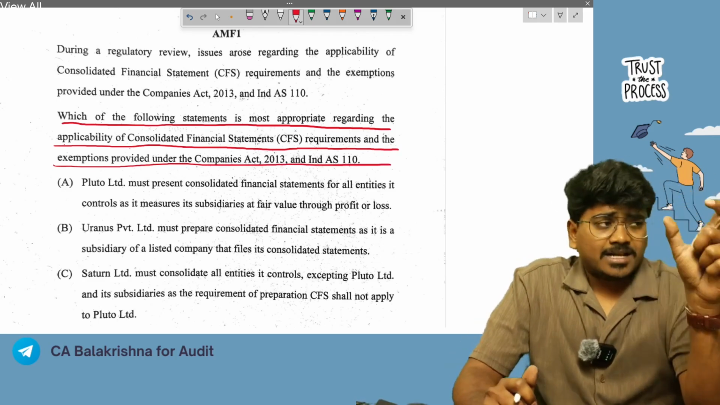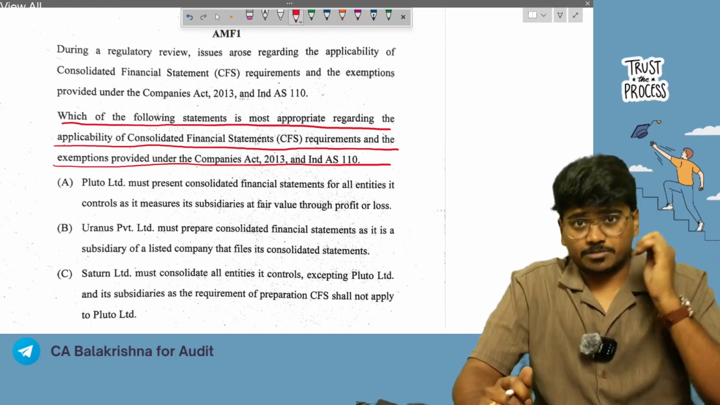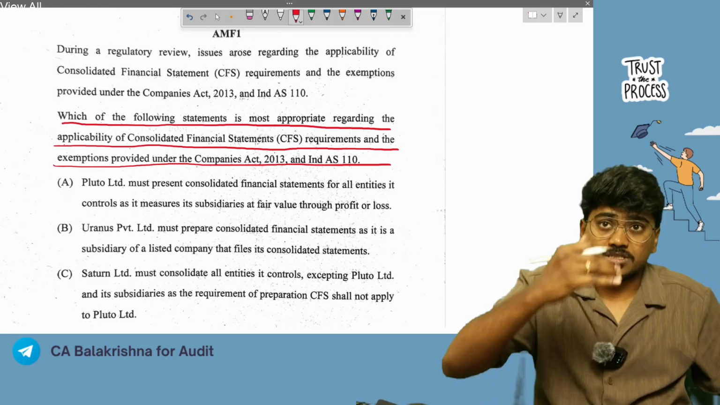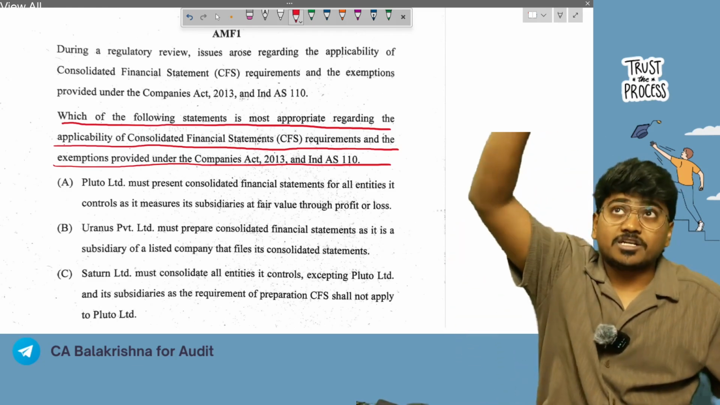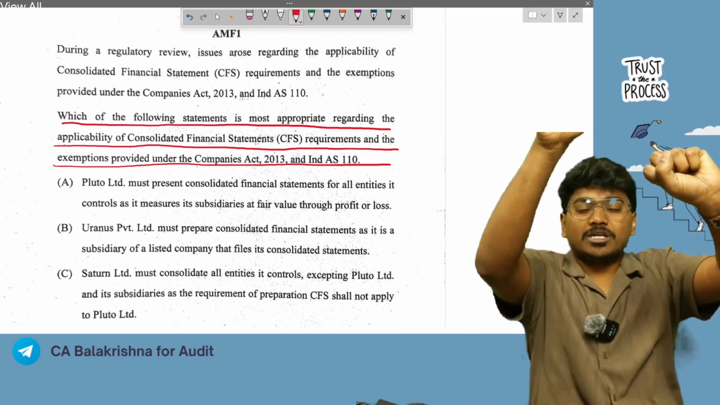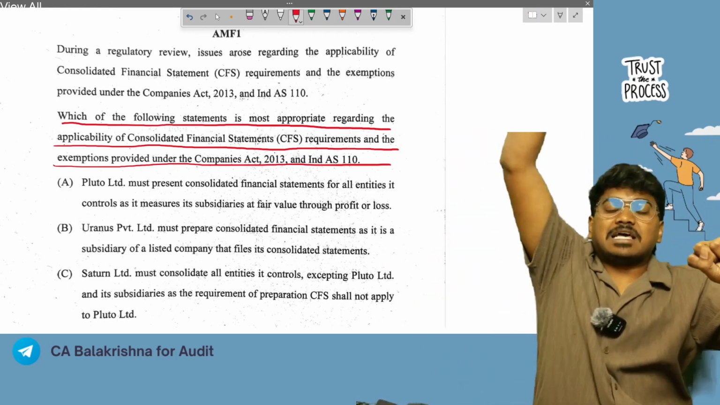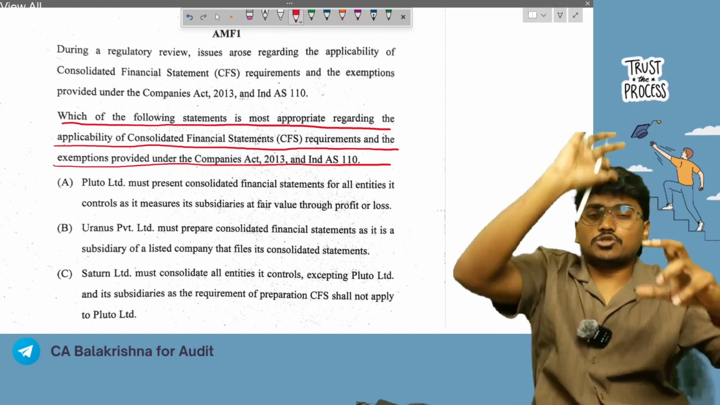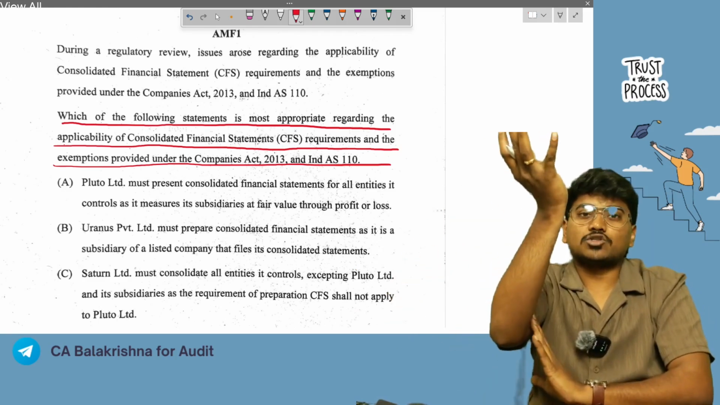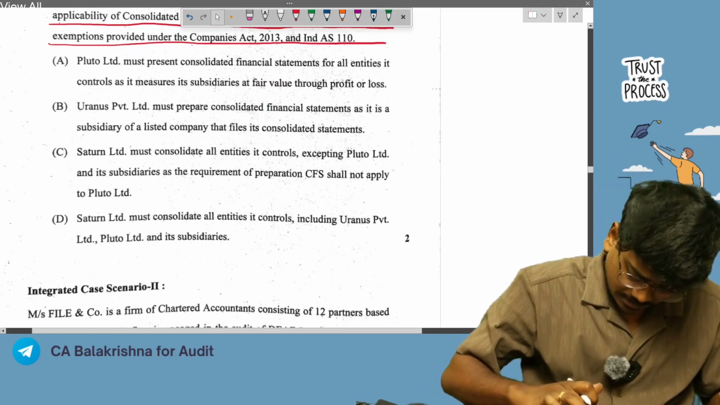Now, under Ind AS 110, if the entity is an investment entity, you need not prepare consolidated financial statements. In this situation, Pluto Limited is an investment entity, so it need not prepare consolidated financial statements. But Saturn Limited is not an investment entity, so it needs to prepare consolidated financial statements consolidating Uranus Limited and also Pluto Limited. Since Pluto Limited is an investment entity, it need not consolidate, but Saturn Limited is not an investment entity, right? So it needs to consolidate even Pluto Limited. And if Pluto Limited has any subsidiaries, those also should be consolidated by Saturn Limited. So the correct option,